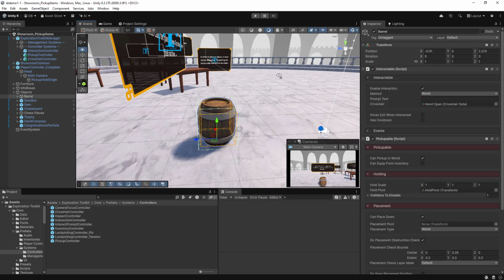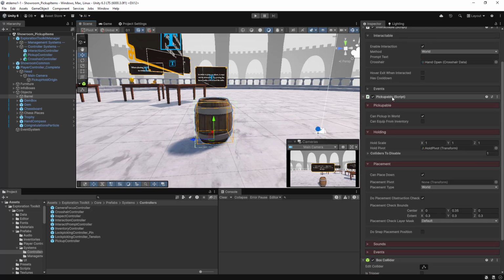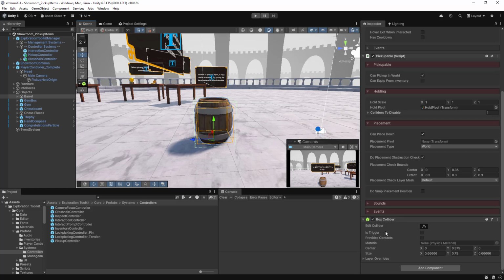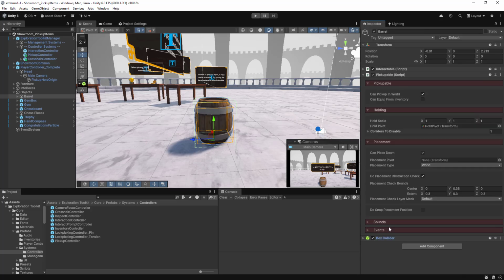With this barrel, you'll see we have three components: an interactable to detect when the player is looking at the object, a pick-upable component, which is what actually allows or marks this object as being available to be picked up, and a collider to basically define the interaction bounds. So we've already looked at interactables and we don't really need to look at a collider, so let's focus on